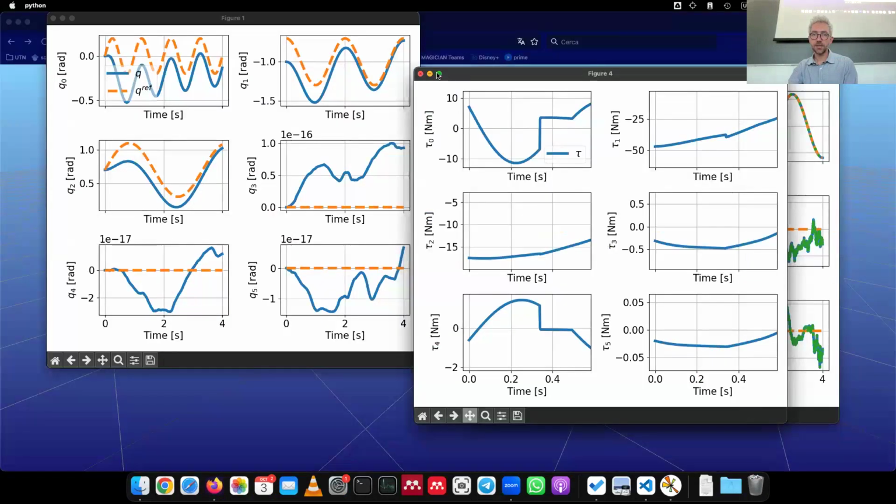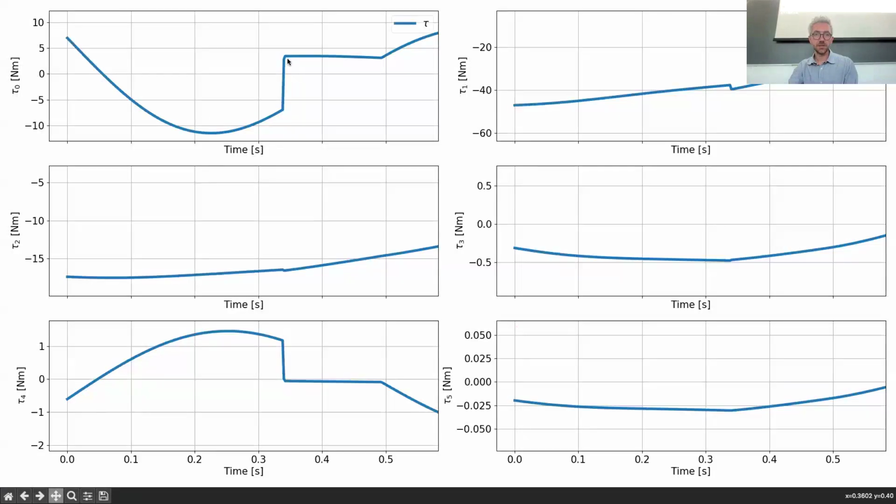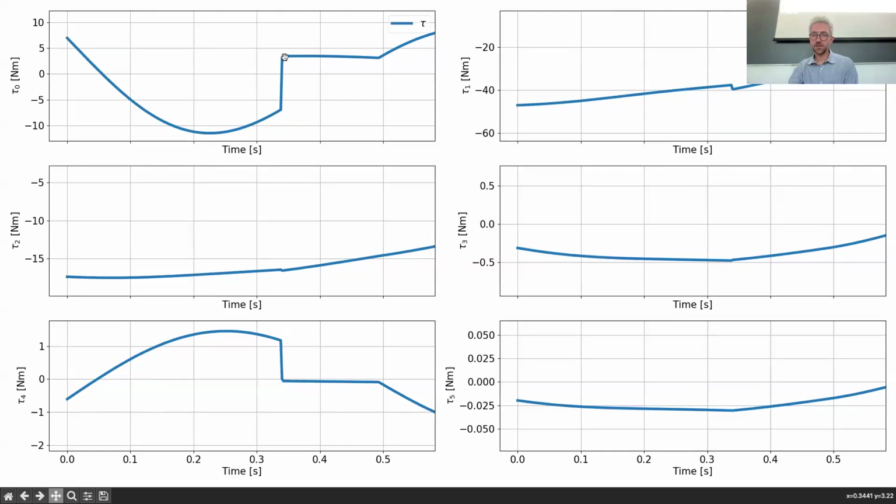And we can check. Yeah, that's exactly the same moment where we have the discontinuity in the joint torques. So the hypothesis was correct. Reaching the limits in the joint velocities creates a discontinuity in the joint torques,